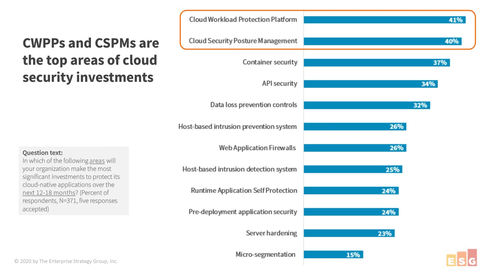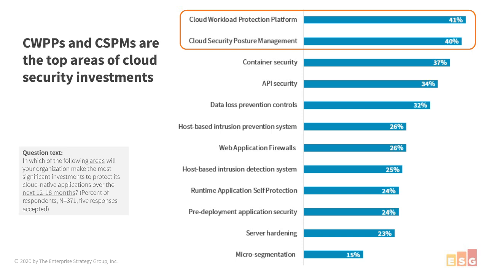What we're seeing at the top of the list is the market telling us that the most mature cloud security product categories are those in which we will make the most substantial investments moving forward. So cloud workload protection platforms and cloud security posture management. ESG's point of view on this, by the way, is that these product categories will converge. That's what the research tells us. So while we're showing two disparate product categories here today, we think this simply moves into a cloud native application stack that allows you to